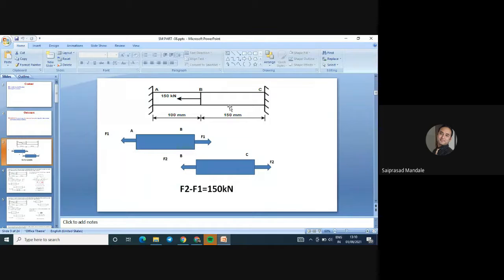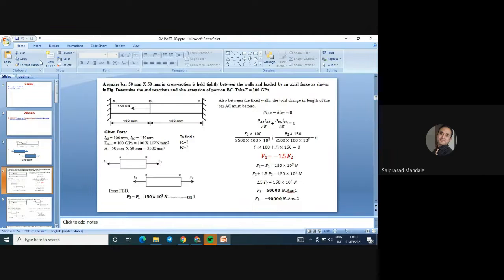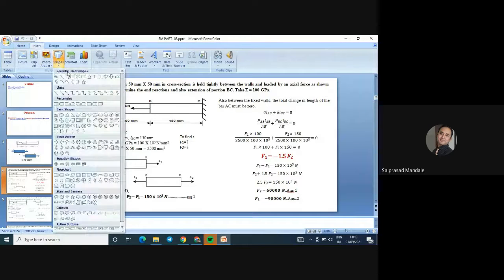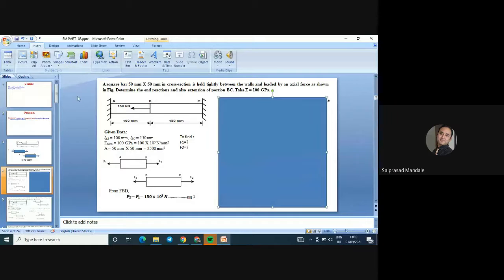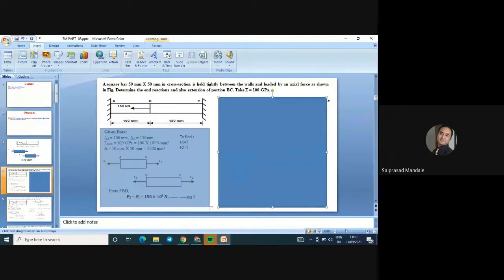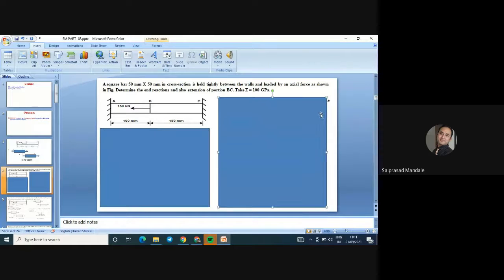So today morning we have seen how to solve the structural member numerical by drawing the free body diagram in the case when both ends are fixed. Okay, so I guess this is clear to everybody. So I'm going to start with this only because it is not going to take much of your time and mine. You have to do the calculation accordingly and tell me the things. Okay, this is the first numerical for you.